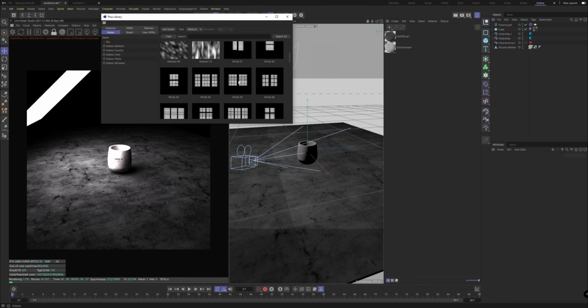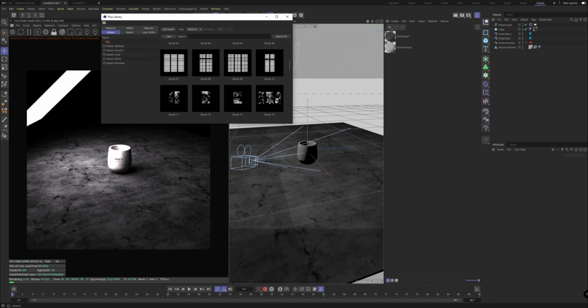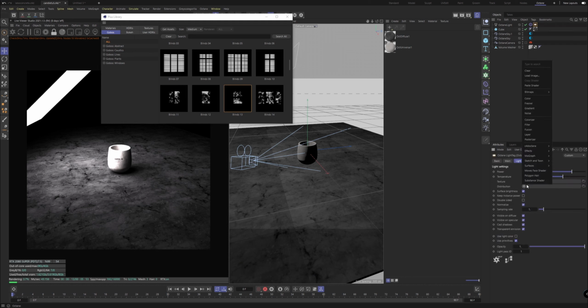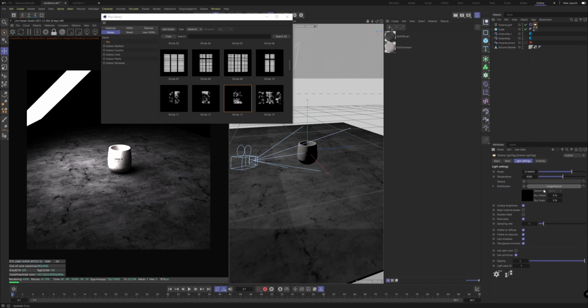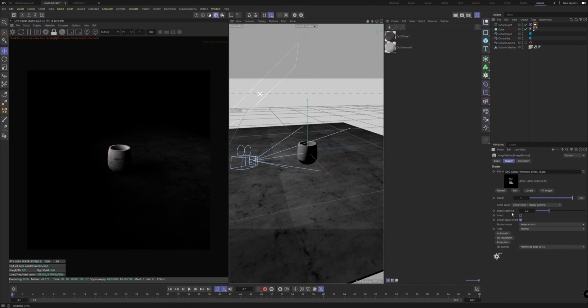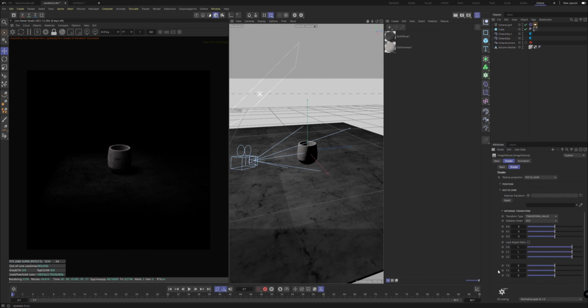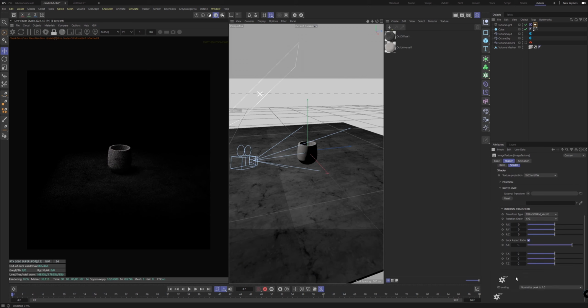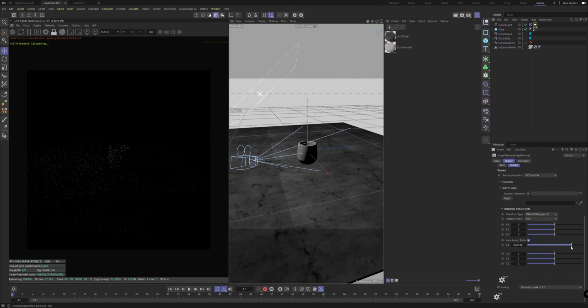For this, I think I used a regular blind. So if we just go into maybe something like this. We head into Octane here, distribution, click on this and set this to Octane image texture. Hop into image texture, drag your blinds in just like that. At this point, you want to go into projection, I believe. Set this to XYZ, and that's going to let you scale up and down the